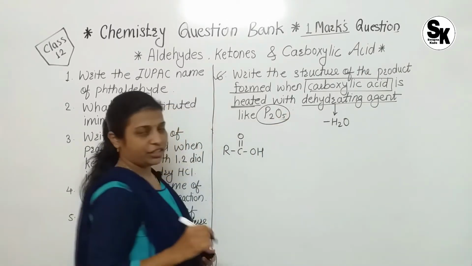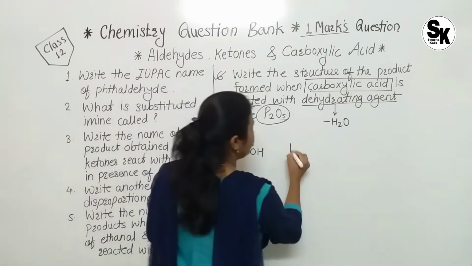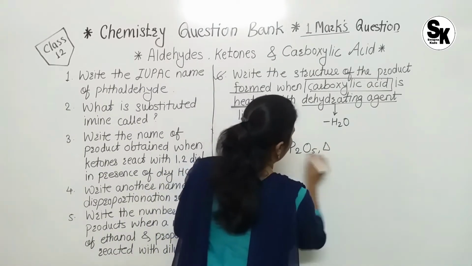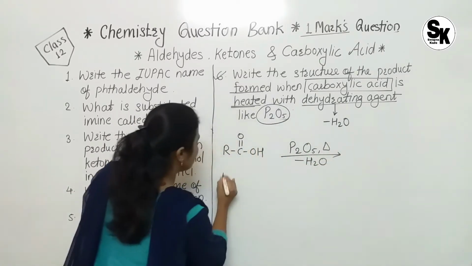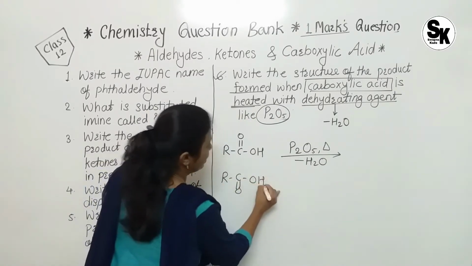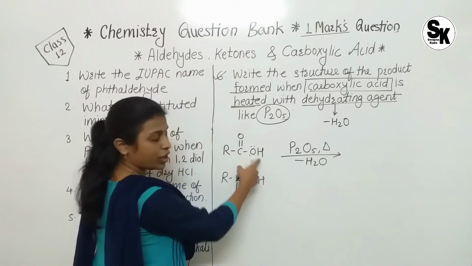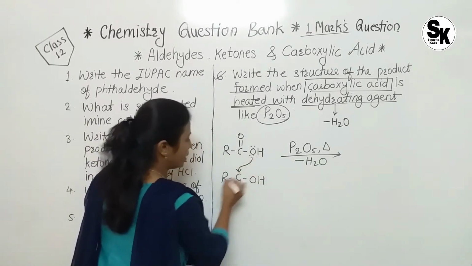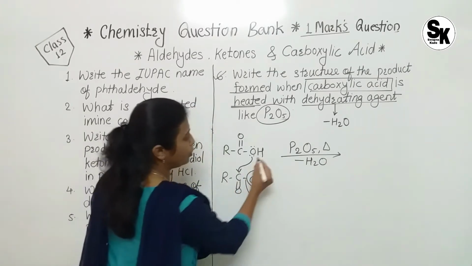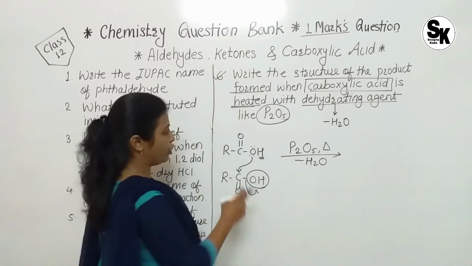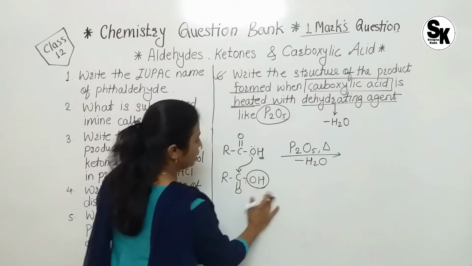For that dehydration, when we are using P2O5 as a dehydrating agent, we have to use 2 moles of this acid. See, when we are using the second mole of that acid, the lone pair of electrons present on the oxygen, from either this OH or this OH, will attack the carbonyl carbon. So OH will come out from the second molecule and hydrogen from the first molecule. In this way, OH plus H, meaning H2O, will get removed.